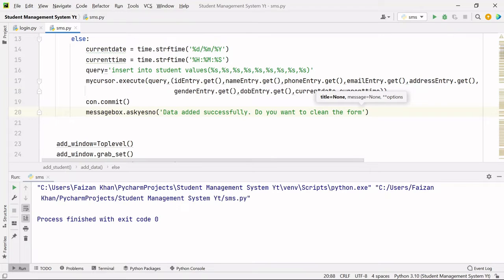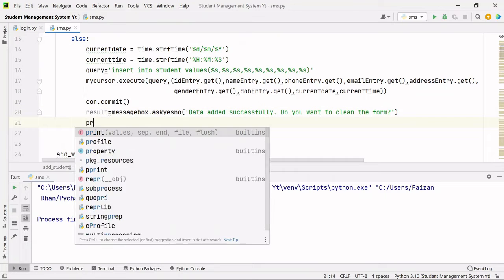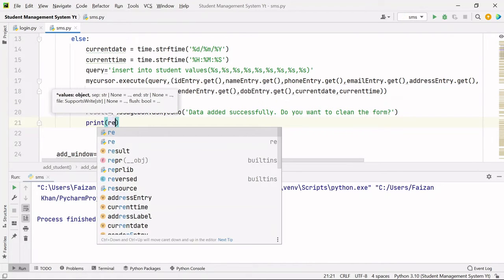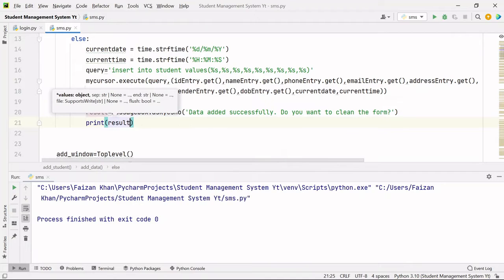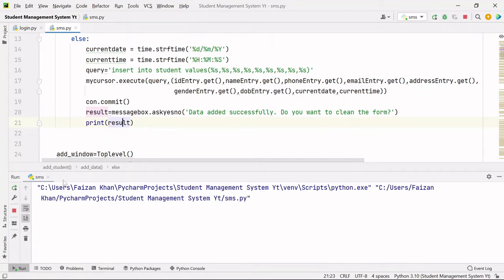Okay, so if you answer yes, then true value will be stored inside this result variable, and if you'll answer no, then false value will be stored inside this result variable. Okay, so let me just print this result variable so that you can see on the console what you are getting inside this variable. Okay, so let me just run this code